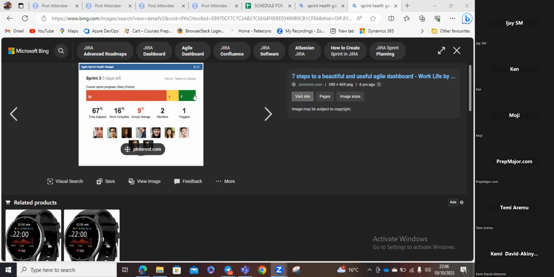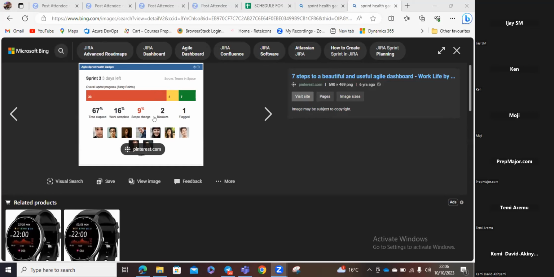And then let's say their sprint is a Monday to Friday. They're already on a Tuesday for them to have completed 67%. This is an assumption, and I want to believe so, because it's 10 working days, for example, for a 2-week sprint. So they have done 7 days, 3 days left for the sprint. So this is just saying that they've done 7 days of the sprint, and they've only done 16% of the work complete. So if you actually do 7 over 45, you see that it's 16% thereabouts.